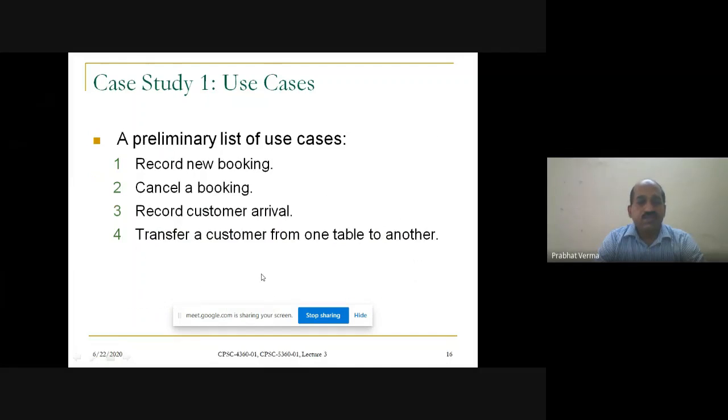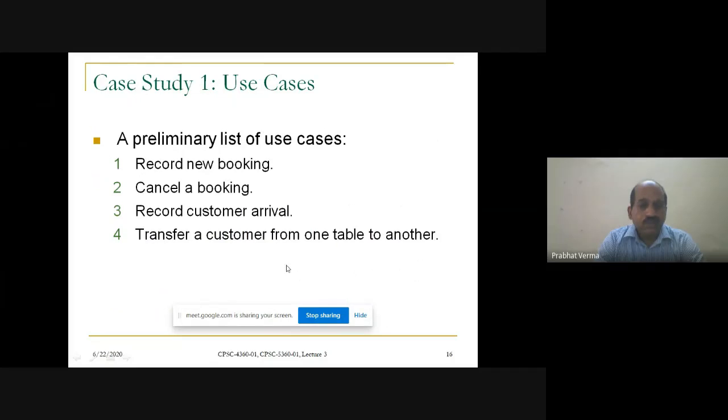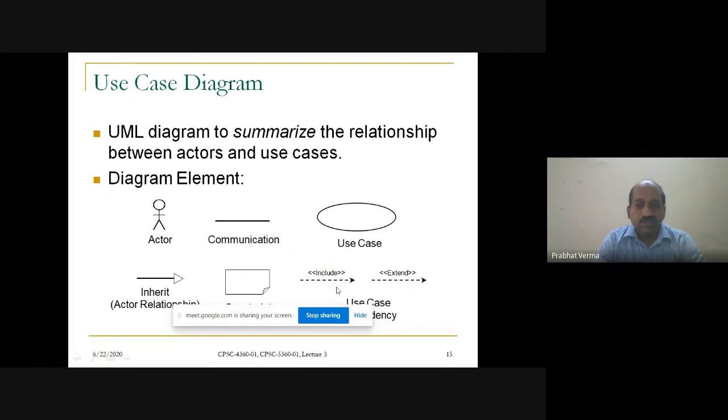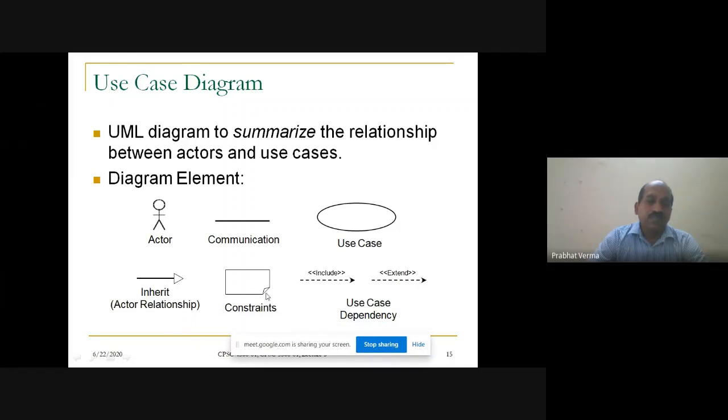Then there are various types of dependencies of the use case, like the include dependency and the extends dependency, and we have constraints that are represented by this type of shape. So these are the various elements that are presented.